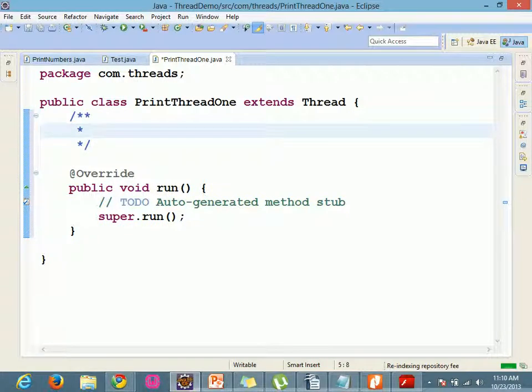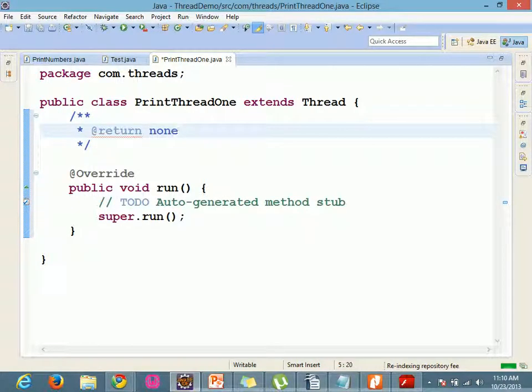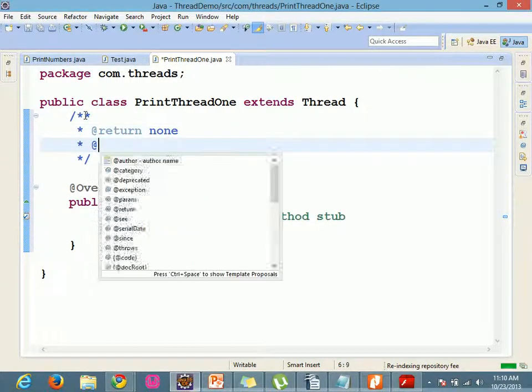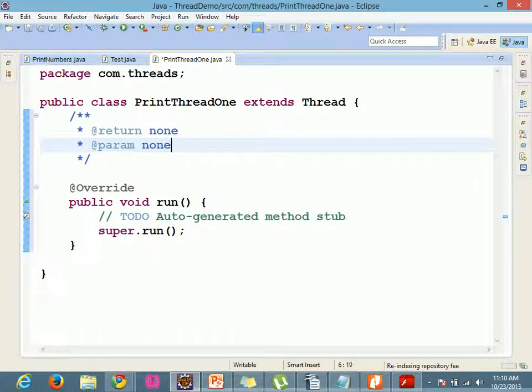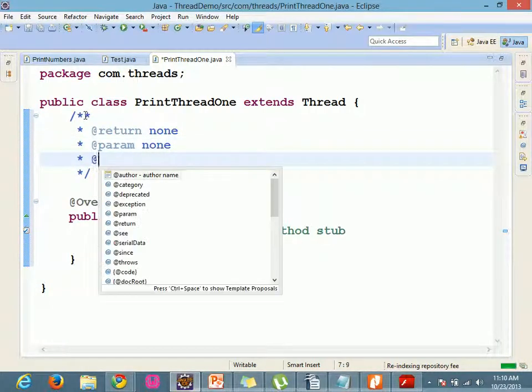So at return none, at params none, then at